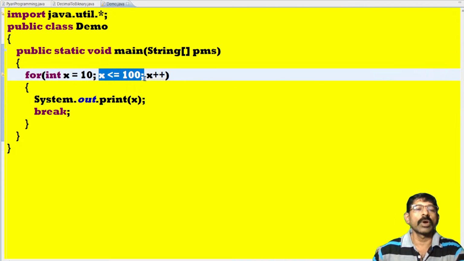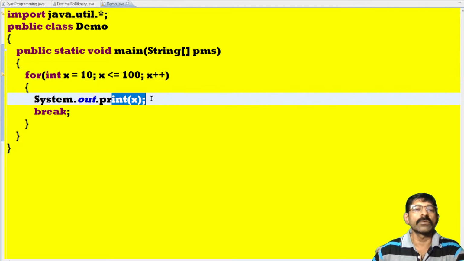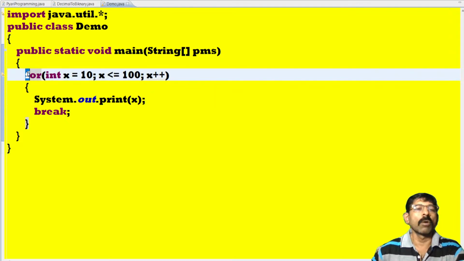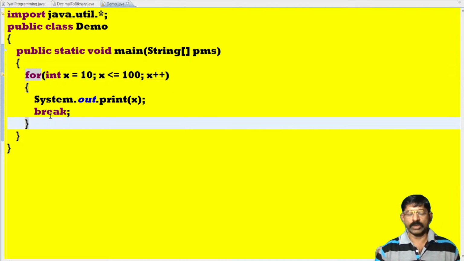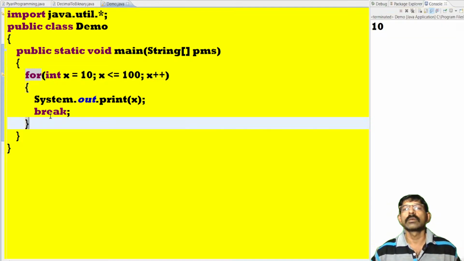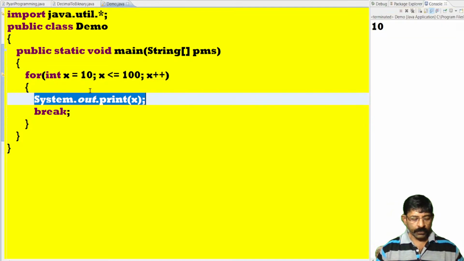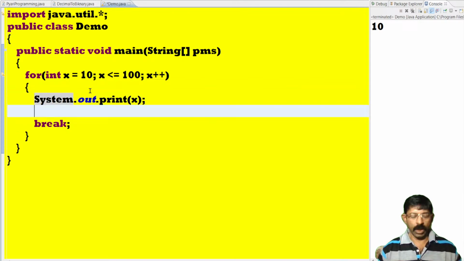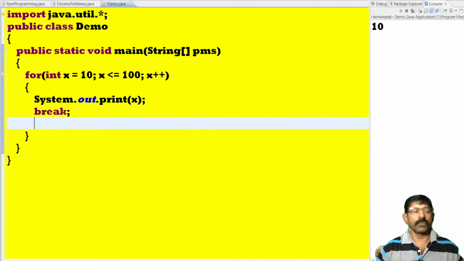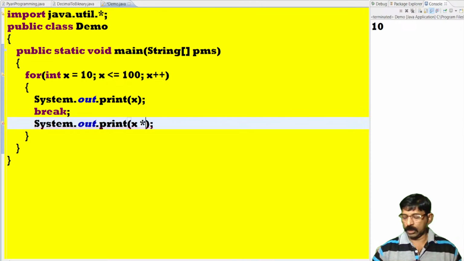It will only display the x value once, because x is initially 10. 10 is less than or equals to 100, true. It will display x value 10, then break, and it will come out of it. That's what is called an unconditional branching statement. Look at this, it is displaying 10. Even if after that we have a few statements, like x into 10,